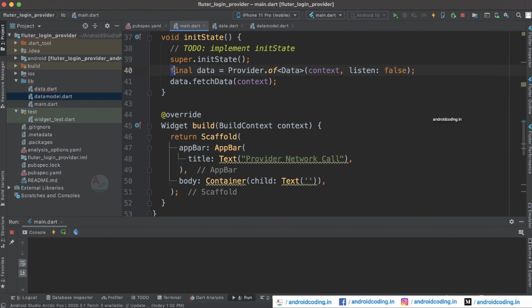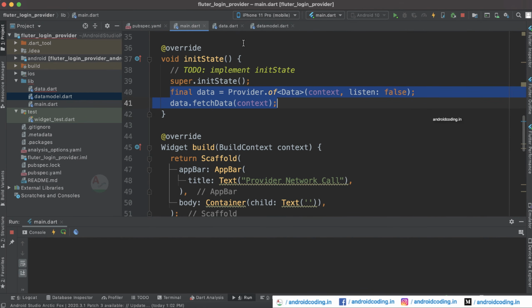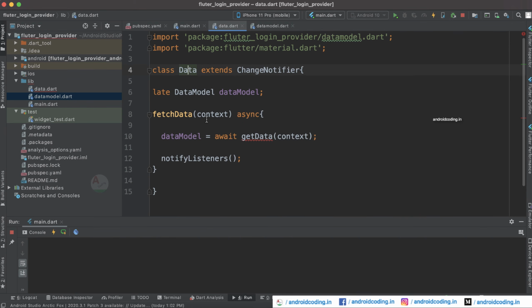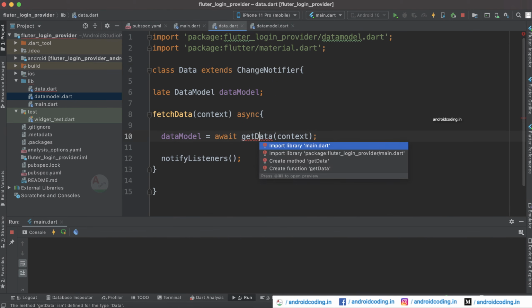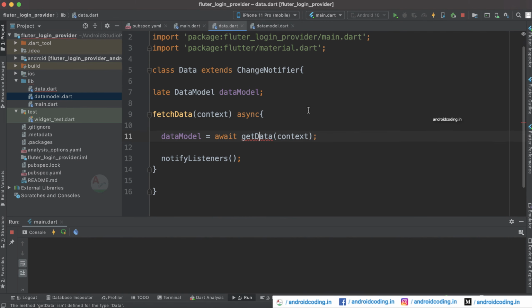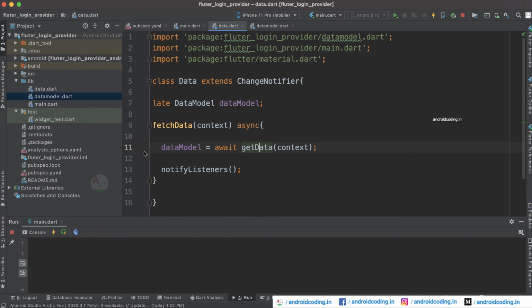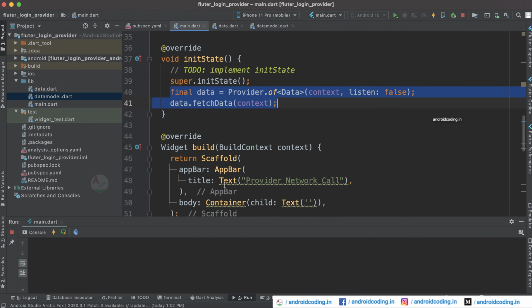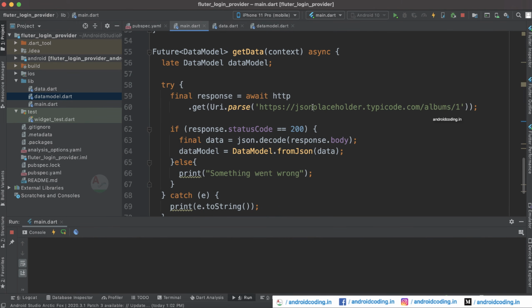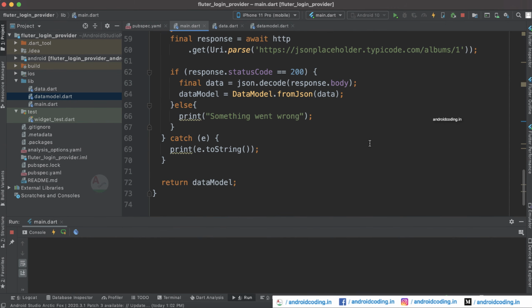And okay, here we have made a network call, and with the help of the data class here we are trying to call get data and import the method over here. What get data will do is it will parse this particular API and fetch the data, and this data is stored with the help of a data model.